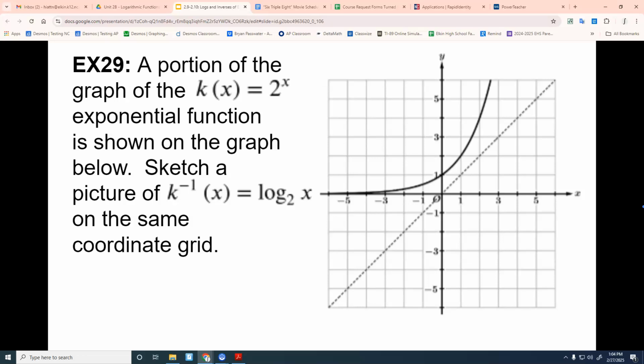I've already got a dotted line there. What do I need to do with that dotted line? I need to flip, right? So sometimes that is easy to see. Sometimes it is hard to see. The other thing you can remember is that you can